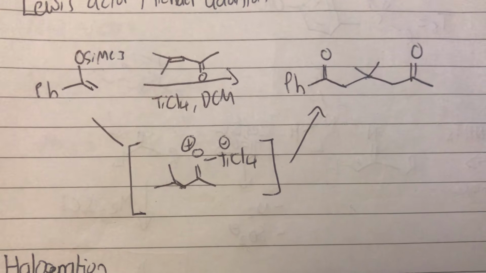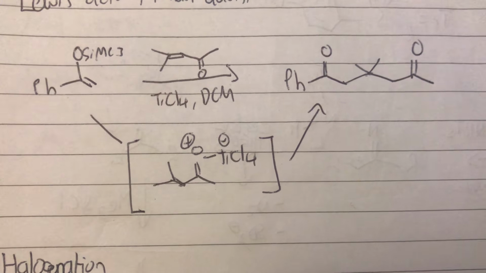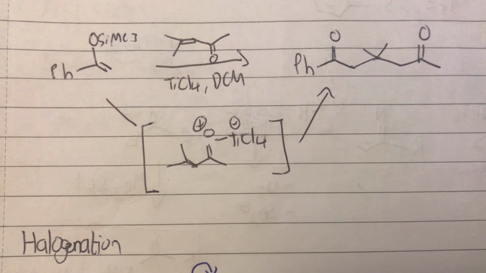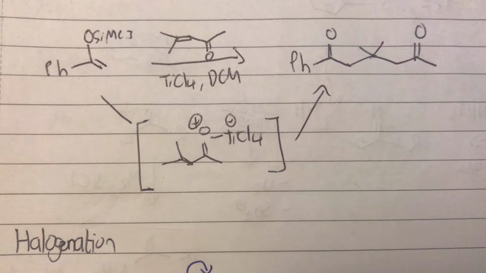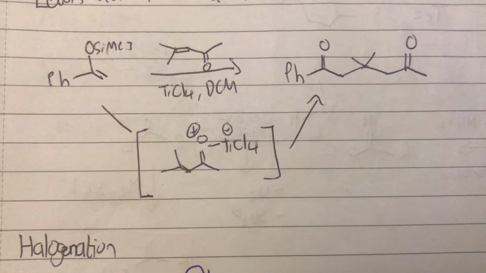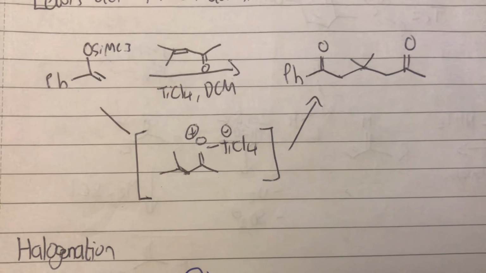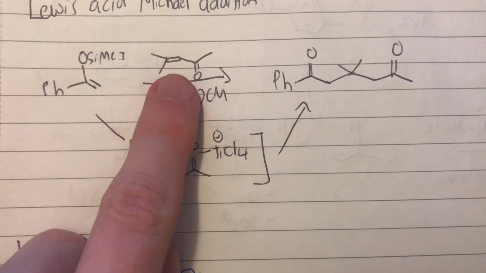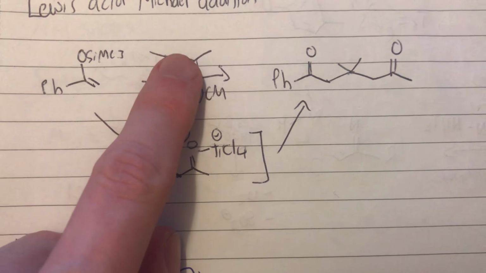And what happens this time is that we form this intermediate here. Now, I'm not 100% sure how you form this intermediate. Obviously, it's got something to do with this product here as well. I think what happens is that used to be the double bond. So the double bond breaks initially,